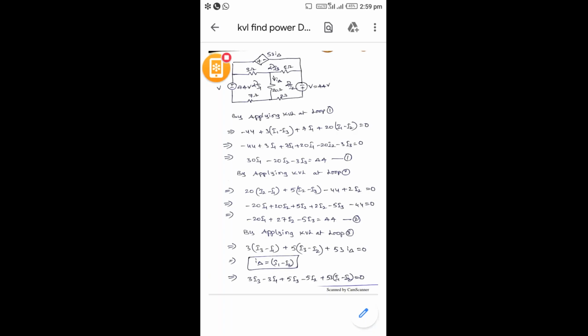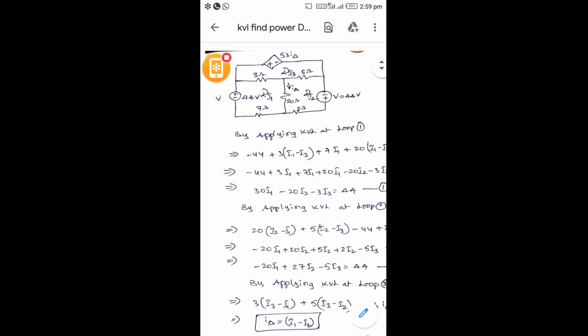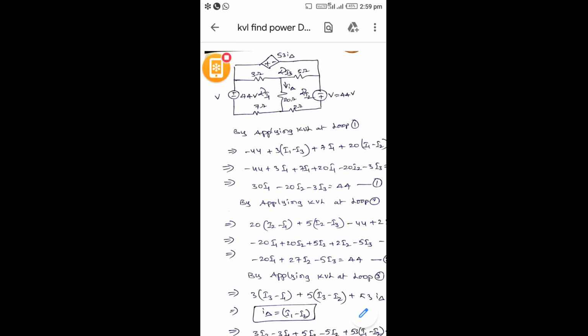Now, reading the circuit, assuming the currents I1, I2 and I3, by applying KVL at loop 1,